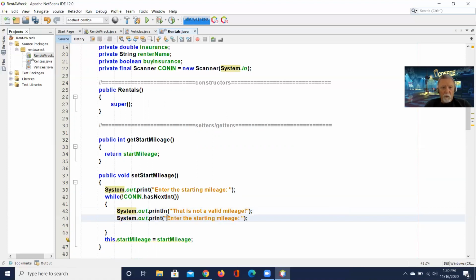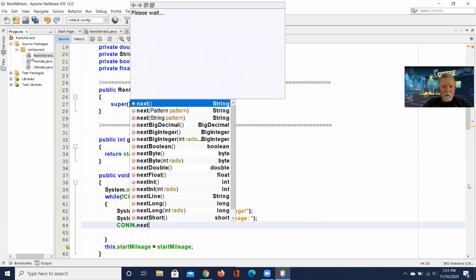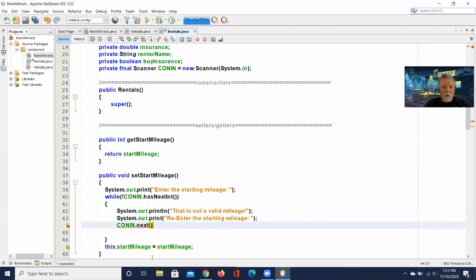Maybe change this to re-enter. Clear our con in. And then come down here and change this to